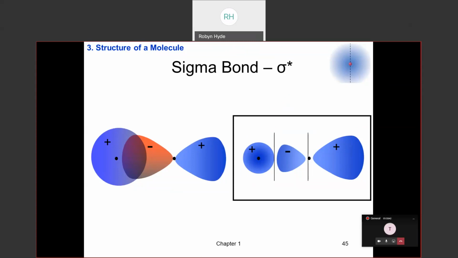So I'm doing all of these drawings totally visually. If we were to solve exactly for Schrödinger's equation, which computer programs can do, they give a shape very much like this. On the far left-hand side, I have the positive overlapping with the negative, and so that is going to cancel out. So right here, I cancel out all the probability of finding electron density,